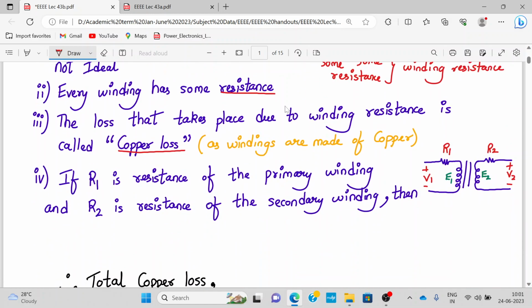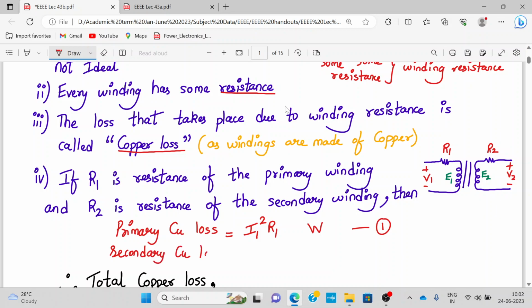So, let us say that R1 is the resistance of the primary winding and R2 is the resistance of the secondary winding. So, the primary copper loss will be given by I1 square into R1 watts. Okay, let us call it equation number 1. Then secondary copper loss will be given by